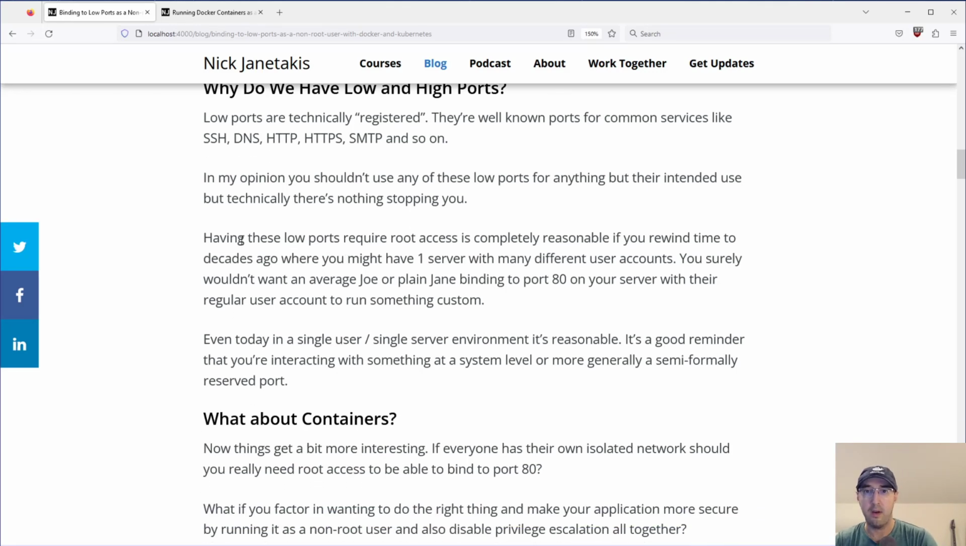But having these low ports require root access is completely reasonable. If you rewind time back a couple of decades, you might have one server with many different user accounts on it, folks other than yourself. You surely wouldn't want average Joe or plain Jane to bind to port 80 on your server as a regular user to run something custom. That would be kind of a mess, right? So